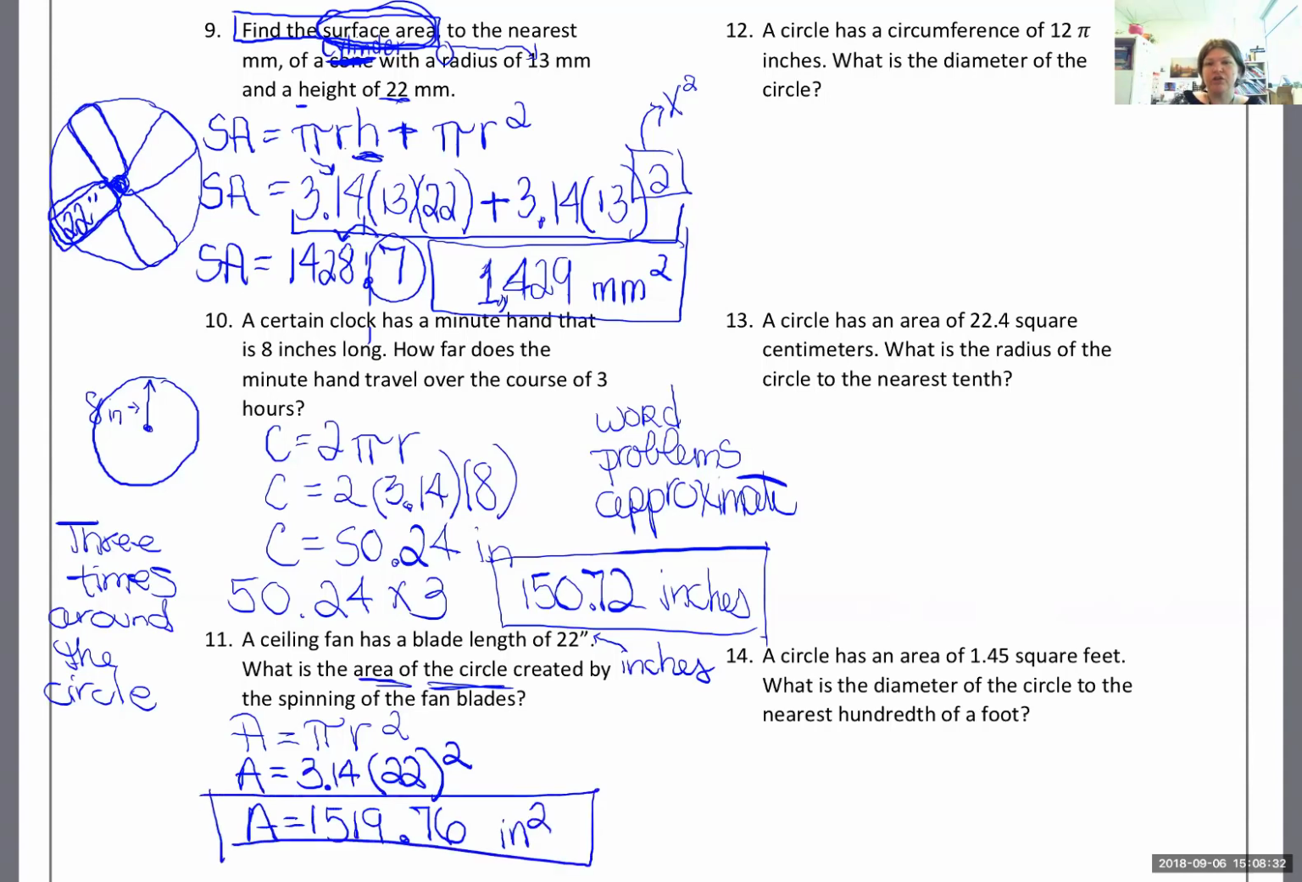Number 12 looks really challenging to students, but number 12 is actually simple. Now you'll see why mathematicians like to call pi pi. Okay, so let's look at this problem. First one we've had of this style. It says a circle has a circumference of 12 pi inches. What is the